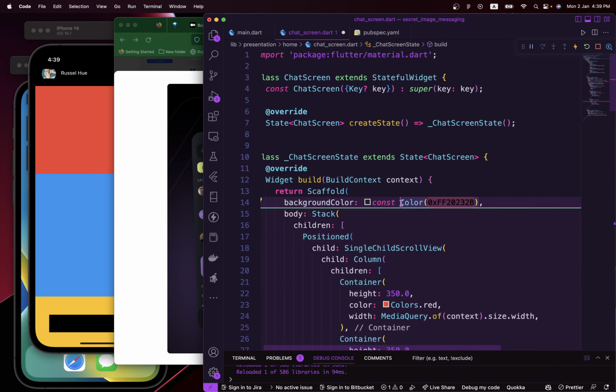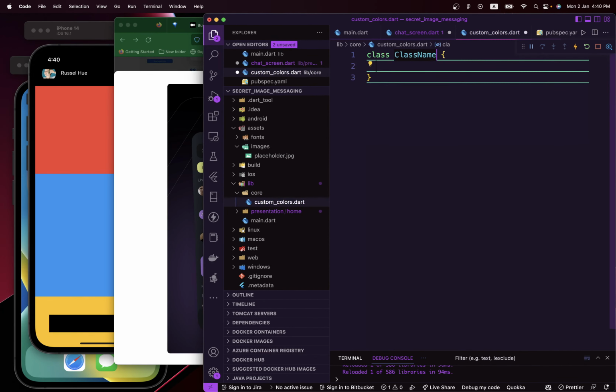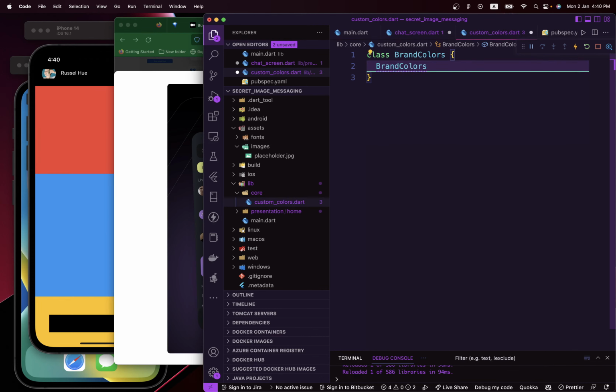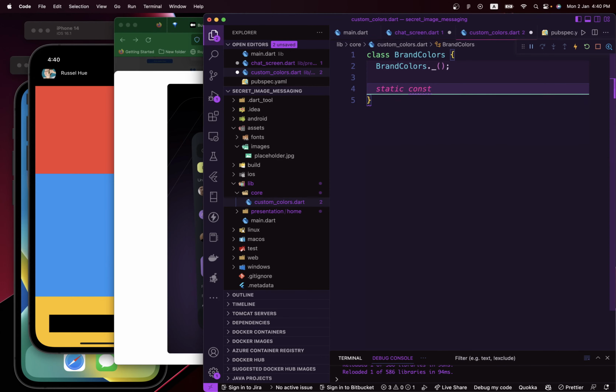And it makes sense to actually move this out of here and move it into a separate folder, which I'm going to name the core folder. And within it I'm going to have something called custom colors. And here just create a class to export all this. Call this brand colors. It should be brand colors dot, and there you go. And it should be static constant